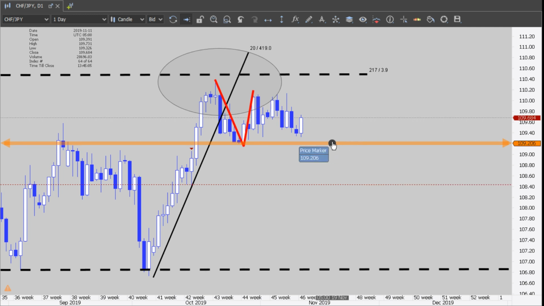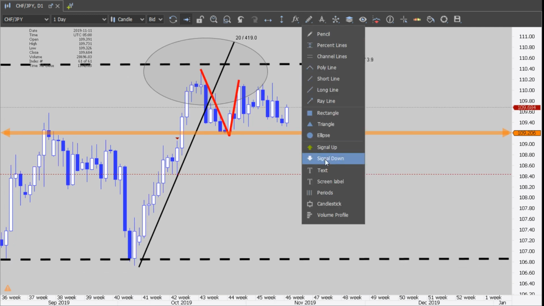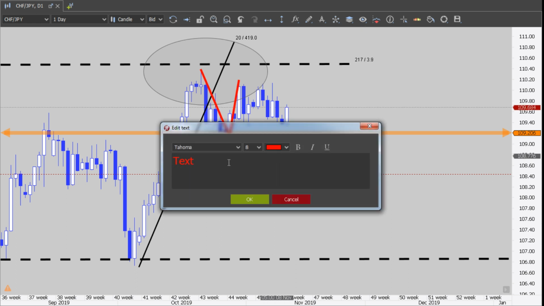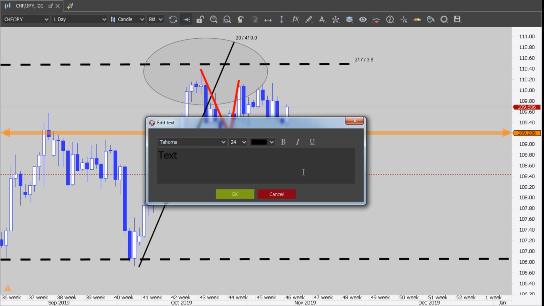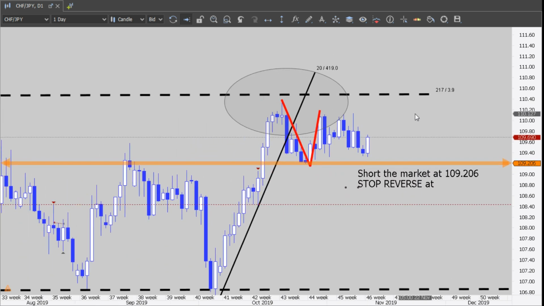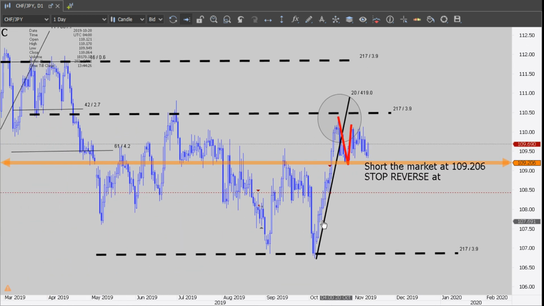Okay, so let's write this down. And remember, these webinars are not trading or investment advice. Let's put it 24 black and short the market at what? 109.206. Stop reverse at, what's the number? Stop reverse at, let me see, stop reverse at,